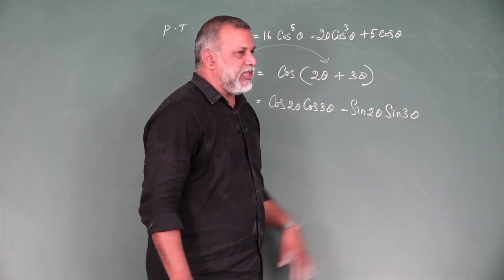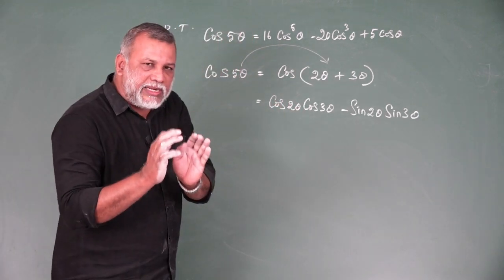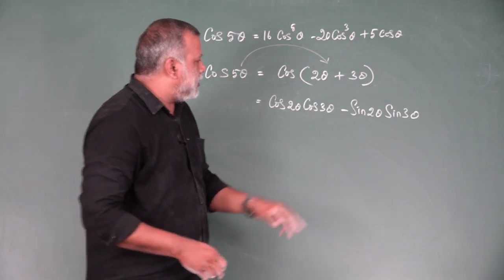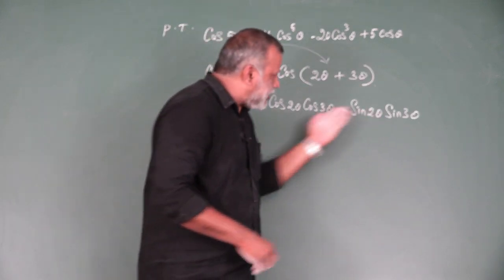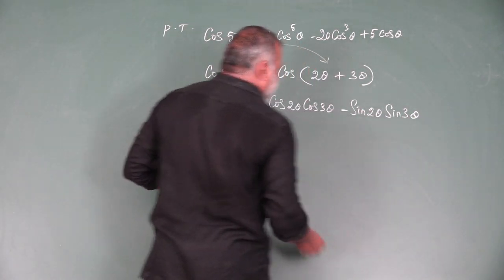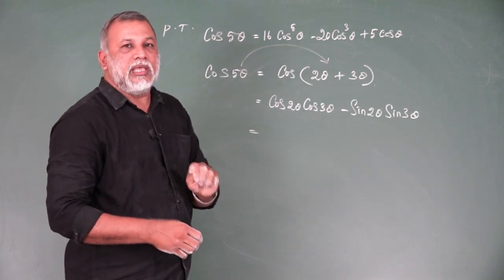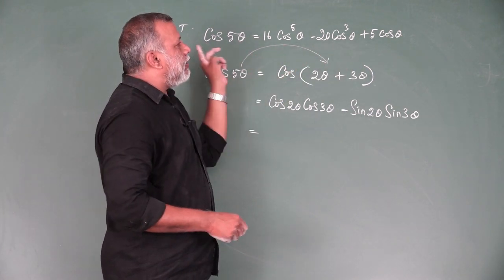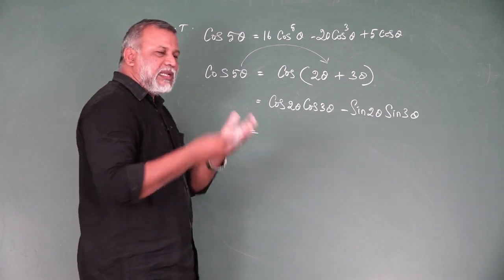Now listen, cos 2 theta you have an identity. Then cos 3 theta you have an identity. Sin 2 theta you have the multiple angle identity. See, all these are multiple angle identities. Now listen, cos 2 theta has 4 relations. We are going to use which relation? See, the result has all cos family, so we need everything as a cos family. That is the logic.